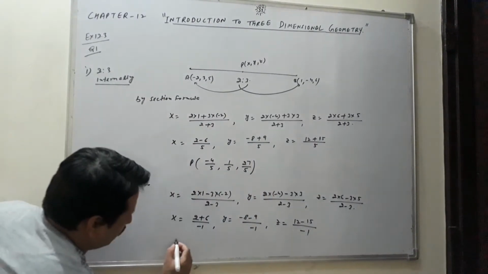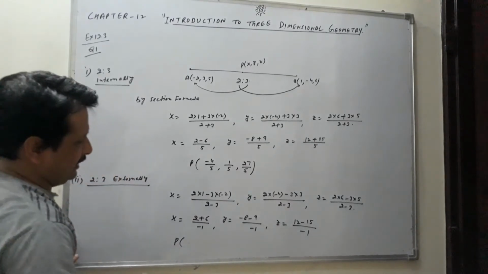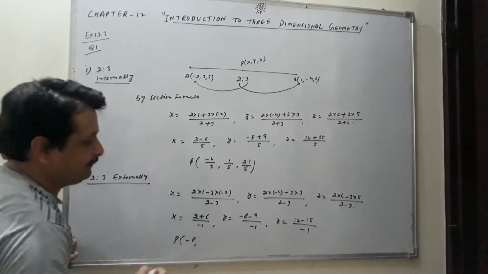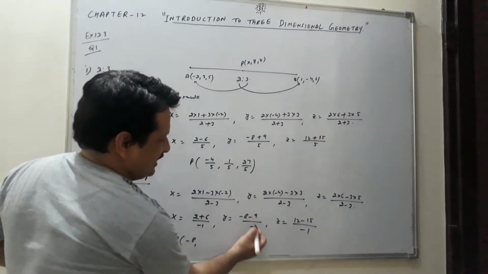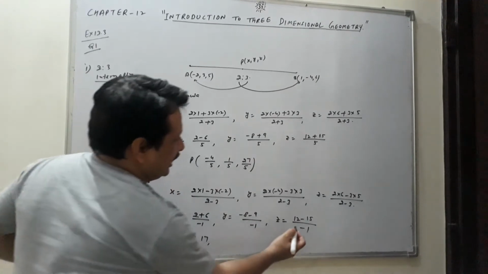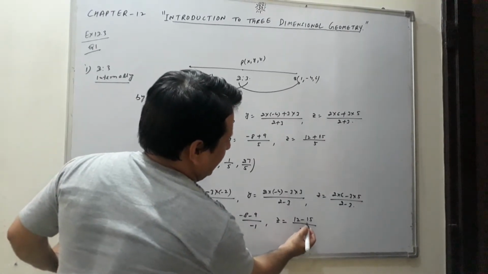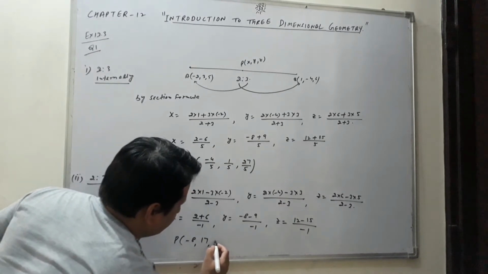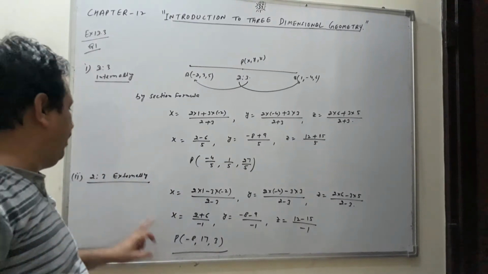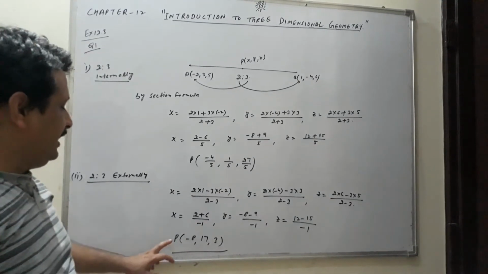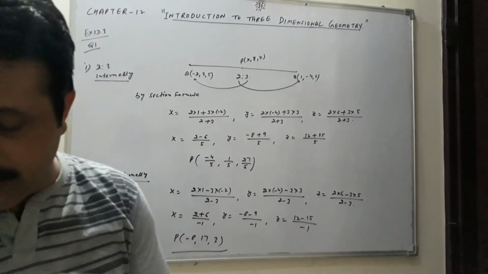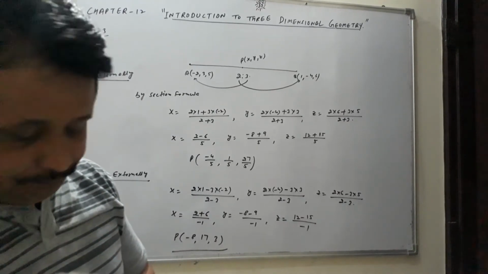Now what you will say the coordinate of P then, students? That will come as equal to 6 plus 2, 8. Here is minus sign, so it is minus 8. Here 9 plus 8 is 17. Minus 17 they will cut out. Here we will have 17. From there you will get minus 3 and this will change into plus 3. So the coordinate of this point P, while dividing it externally, that will come as equal to minus 8, 17 and 3, students.